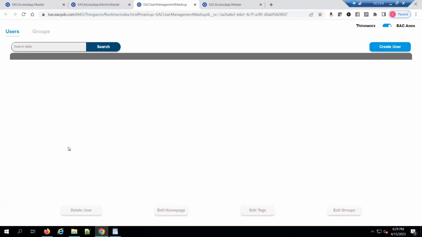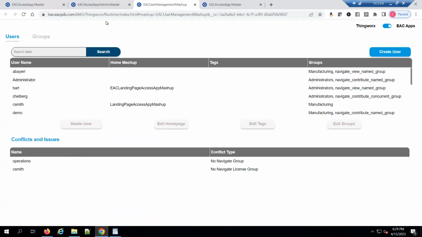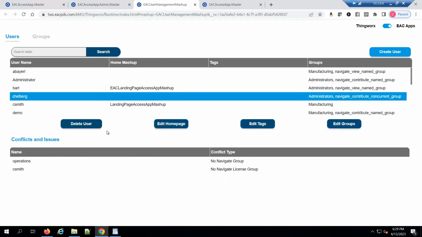And if you are a ThingWorx user or an out-of-the-box Navigate user, you know that managing groups, managing users in ThingWorx can be painful. Composer can get clunky and there's a lot of things that you need to remember. So this tool was born out of just wanting to make things easier, right? So first thing you'll see is a list of all of your users and the ability to add groups, remove groups, delete them, edit the home page, and then you'll see this little table on the bottom,